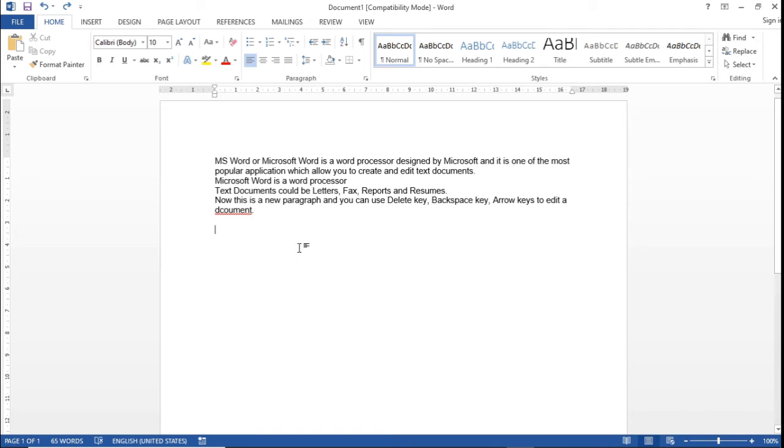I am using Ctrl V. So, it will paste the text. Similarly, you can use Ctrl X to cut and Ctrl V to paste. To use this undo and redo button, I am just using Ctrl Z or Ctrl Y to redo the command.